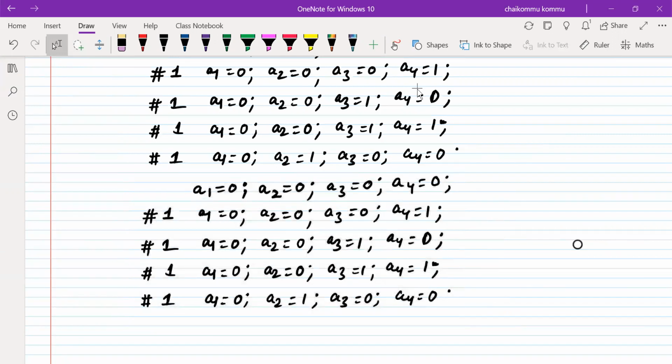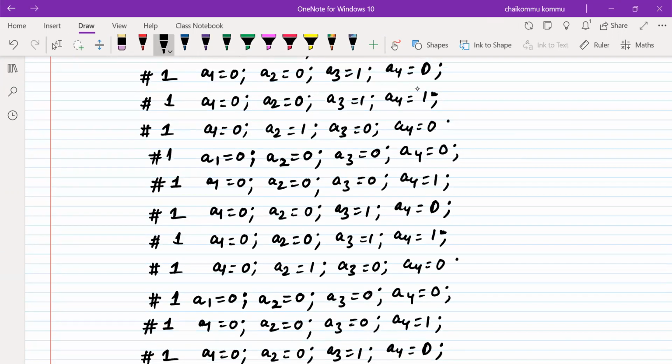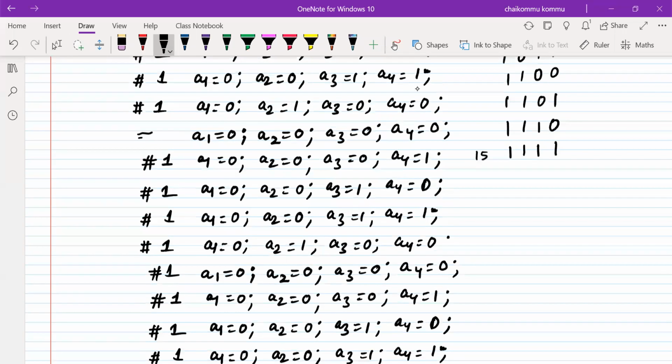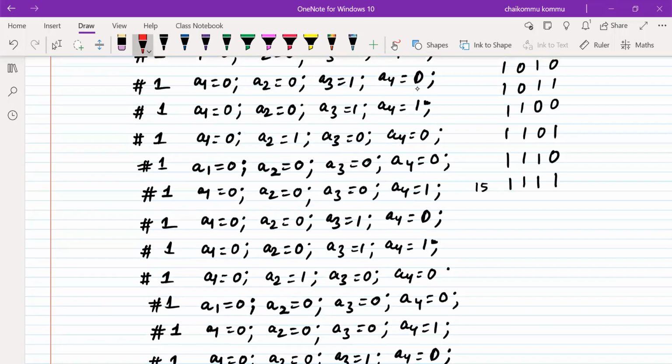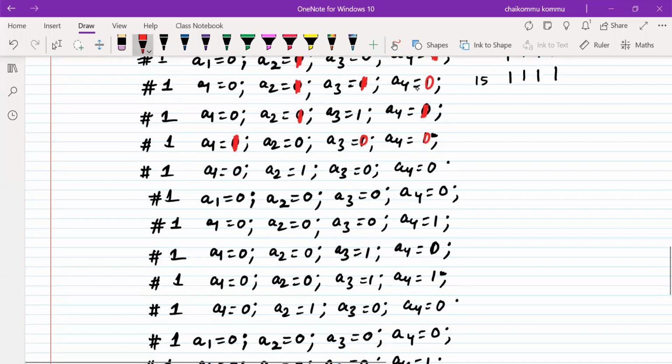Okay, these many lines I should write, right? But don't forget to change the values. Here, what happens with the next four values? This is 0 1, it should be. Here it is 1 1 0. What about the next one? 1 1 1. Then 1 0 0 0. The next one is 1 0 0 1.